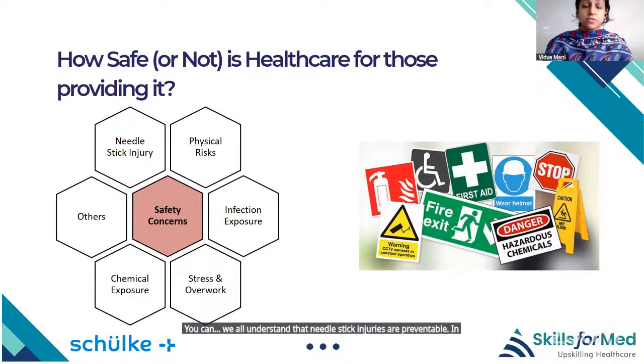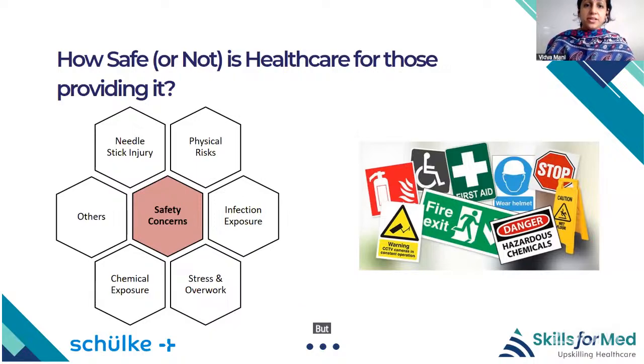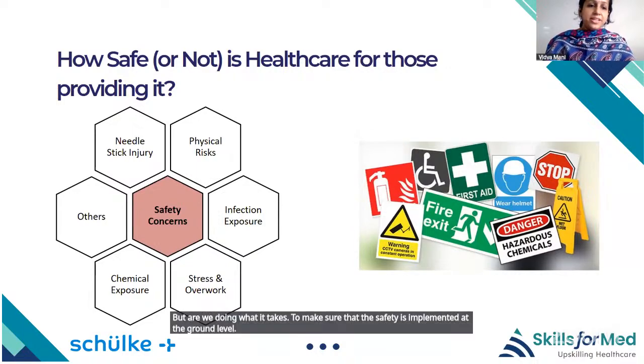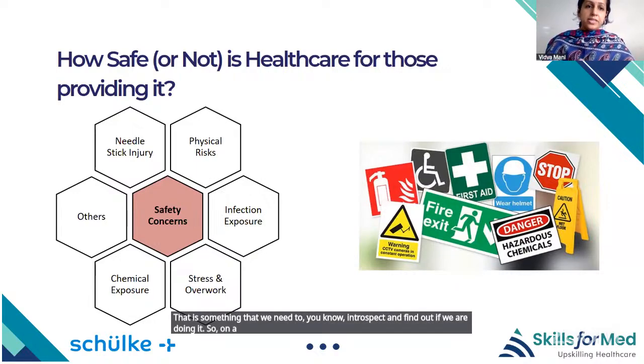In fact, most of the organizations provide us with adequate resources to prevent these injuries from happening. But are we doing what it takes to make sure that safety is implemented at the ground level? That is something that we need to introspect and find out if we are doing it. So, on a broader perspective, as nurses or as healthcare personnel, we need to